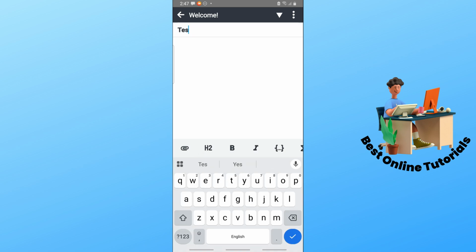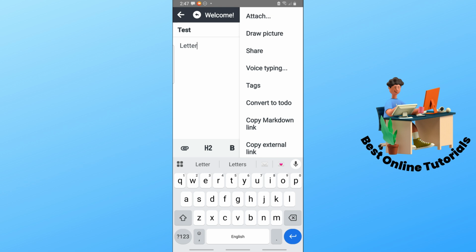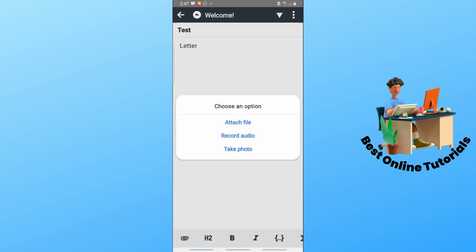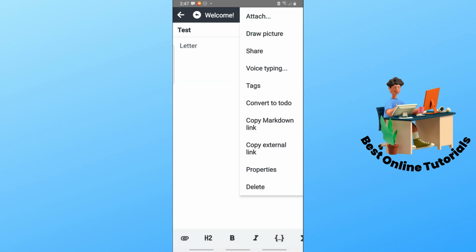Now provide a title over here, and you can just simply provide a letter over here or your note, and you can just simply select the three dots on the top right, and you could attach some file, recordings, or photo. And from here, you could have multiple actions that you could do on the three dots,